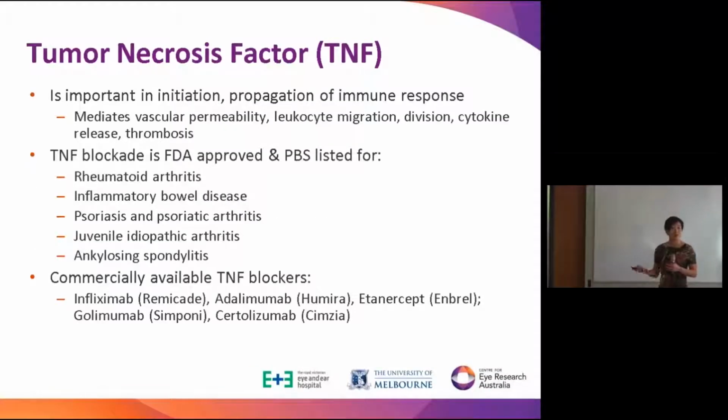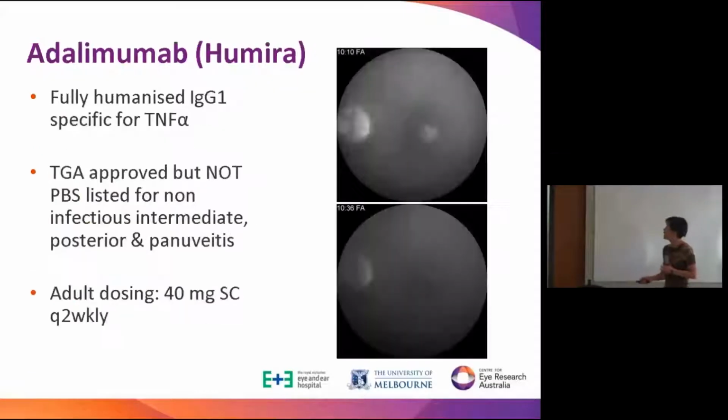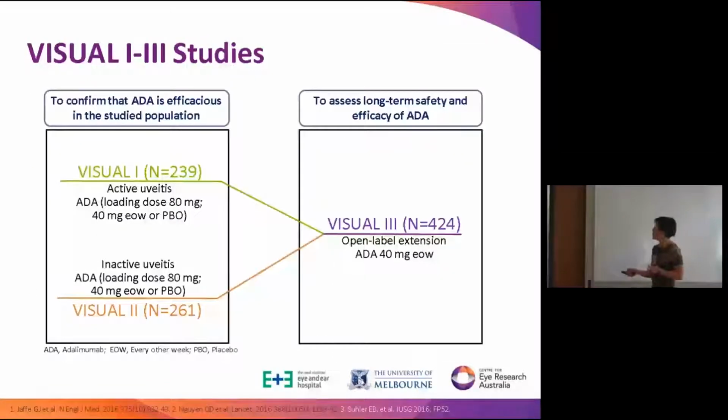Okay, so what is Humira? It's a tumour necrosis factor inhibitor. TNF is one of the key pro-inflammatory cytokines, okay, and has been found to have a role in uveitis in animal models. So it seems to make sense that it would help in uveitis. Humira is the one that's subcutaneous, given every 2 weeks. It's fully humanized, and so it's very easy to dose as opposed to some of the other TNF inhibitors that we know is around. Now, adalimumab is also one of the few treatments that has been subject to a randomized